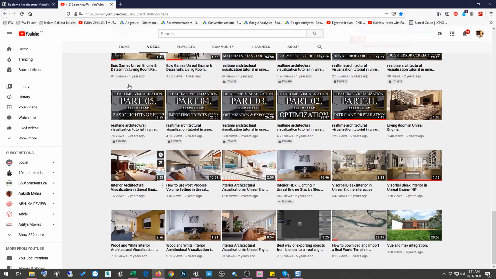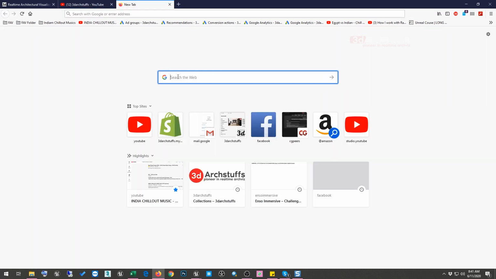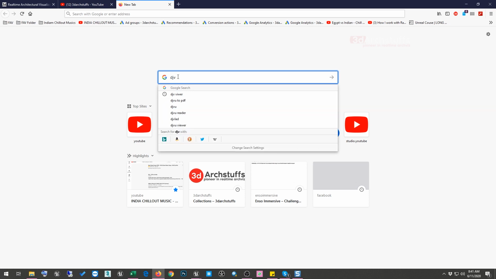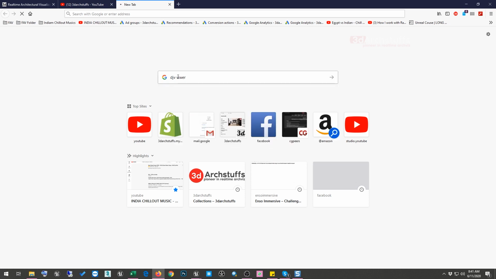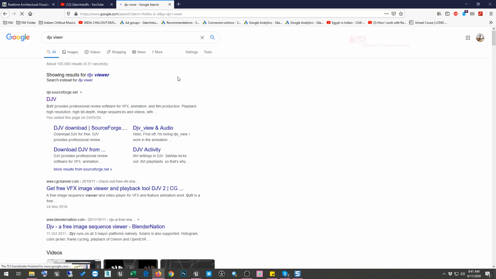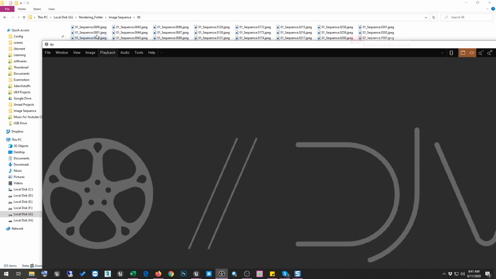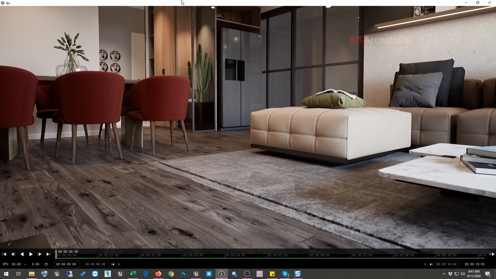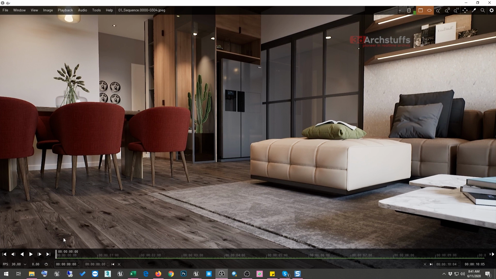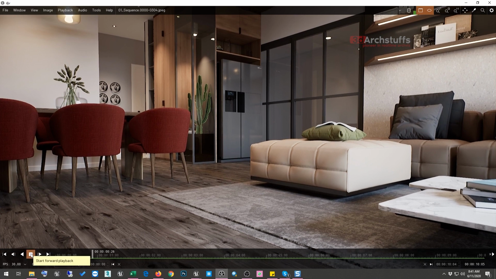You can find it by searching DJV Viewer, and you can just download this from here, and you will have this software. And we'll just drag and drop one of our images, and then click play.